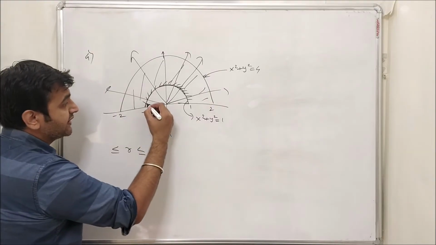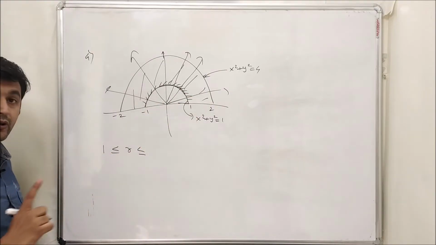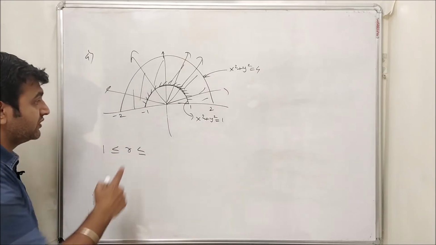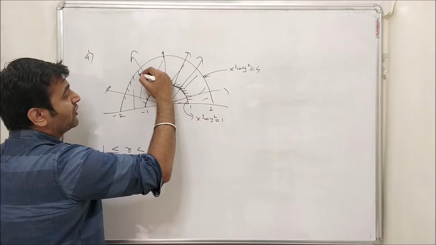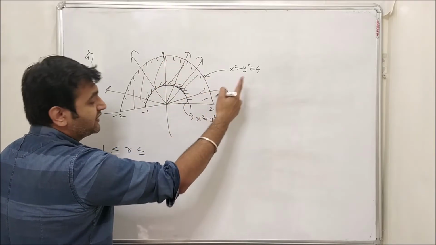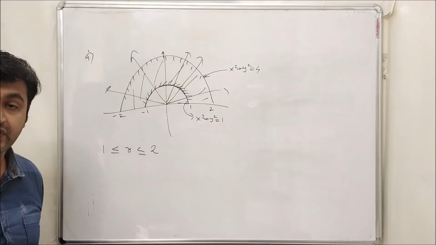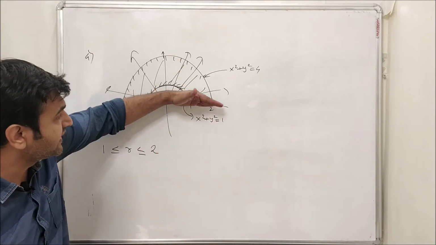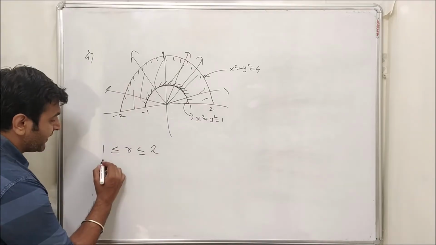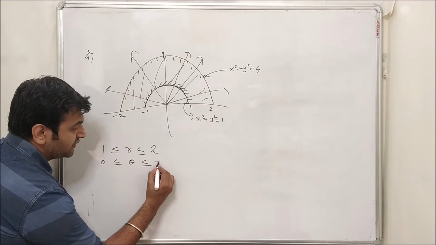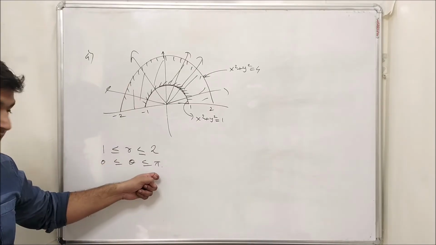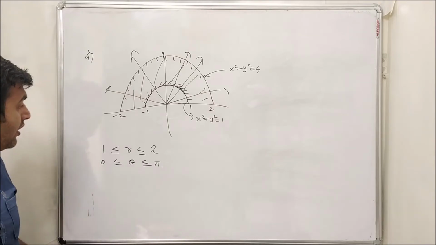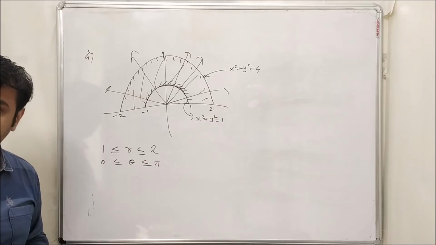So your r is starting from this circle, so your r is starting from 1. So your r need not always start from 0. Okay, so here it is starting from 1 and it is coming out from these points, and all these points are at the distance of 2 units from the origin. So limits of r is 1 to 2, and then again theta is the same. It is starting from 0 and it is going till pi. So 0 less than or equal to theta less than or equal to pi. Never write degrees. Okay, we are playing with numbers, so pi will come. Don't write 90 degrees. So yeah, you have the limits. Now you can solve the integration.